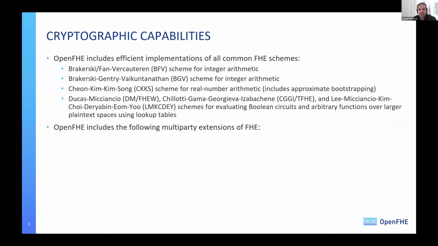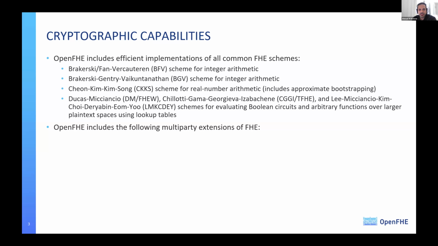Actually, they share many similarities between themselves, and BGV is also suitable for doing integer arithmetic. So if your problem includes integer data, probably BFV and BGV are good options to look into to implement your problem in FHE.